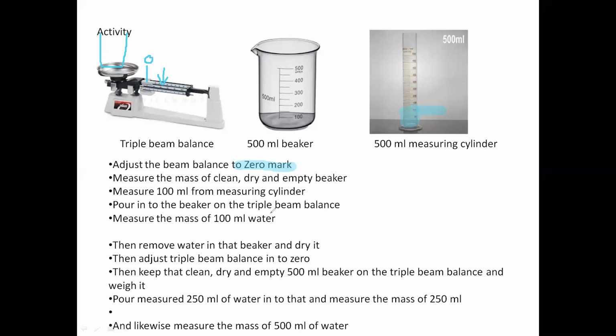And then what you have to do is, you have to take the measuring cylinder and measure 250 milliliters of water there. It is containing now 250 milliliters of water. Measure accurately and put that 250 milliliters onto this. And then, again this bar is going to come here, and then you have to measure it. You have to weigh that beaker with 250 milliliters of water. And you know the mass of that one also.